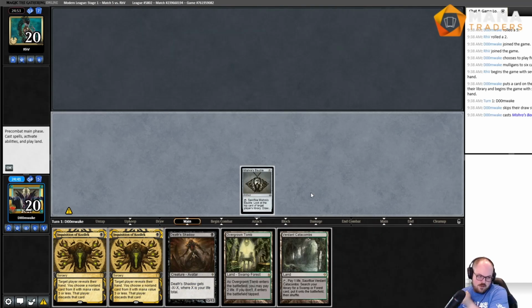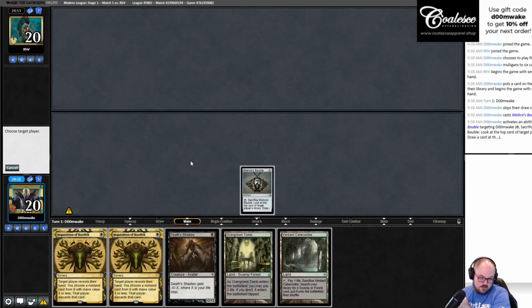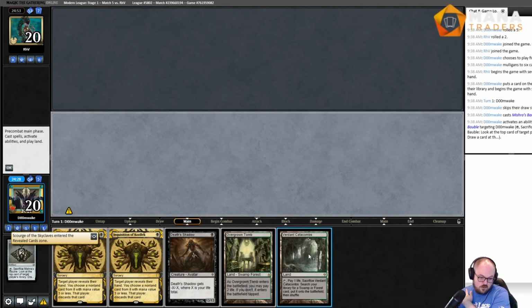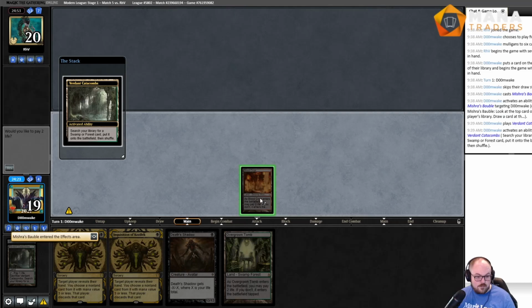I could Bauble them because I don't necessarily know what I'm looking for with the Bauble. I'd like to find a Goyf or a Thoughtseize. I guess I'll Bauble myself. Scourge of the Skyclaves. I guess that's a card I don't really want, unless they're dealing themselves damage. It could be bad to shuffle this away, but...